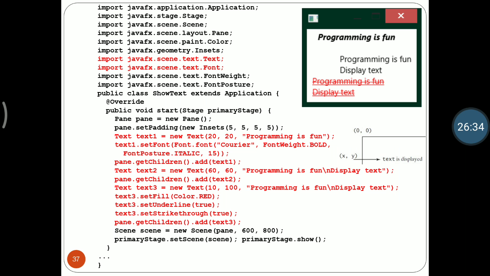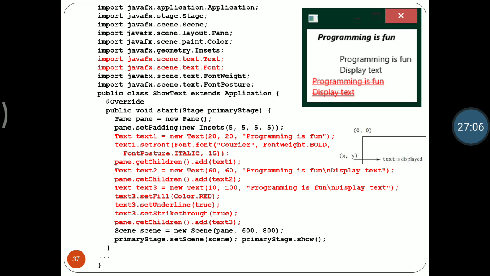For example, we have created a text whose value is Programming is fun, that is text 1. We have added font Courier, we have set its font weight bold and its posture italic and its size is 50.